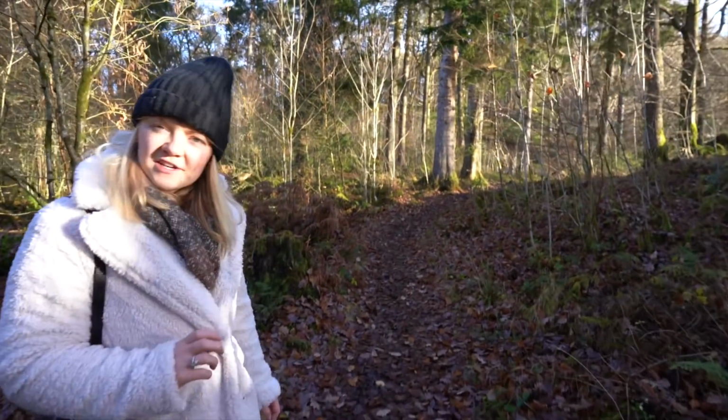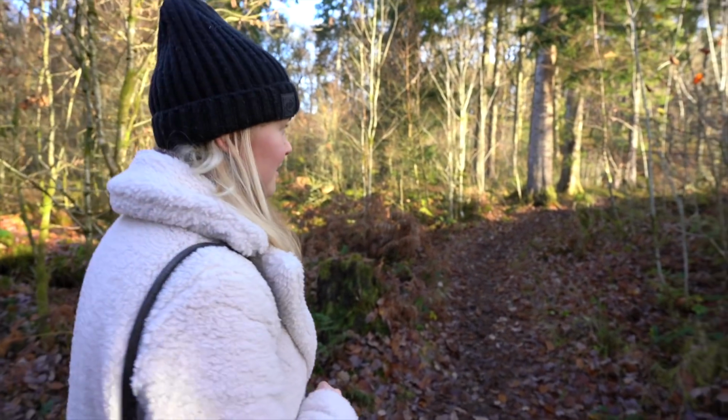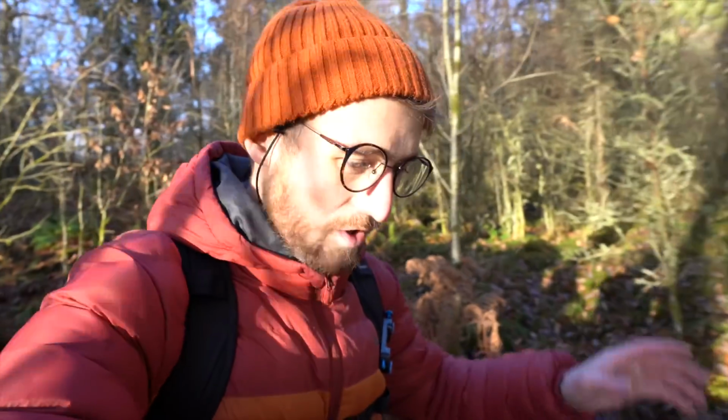I think I see my first sign that we're on the right track, but I'm not 100% sure what it is. So there's these things called Kelpies here in Scotland, which I only first read about when we were touring around the North Coast 500. On the Black Isle, you've got a place called the Kelpie Well,